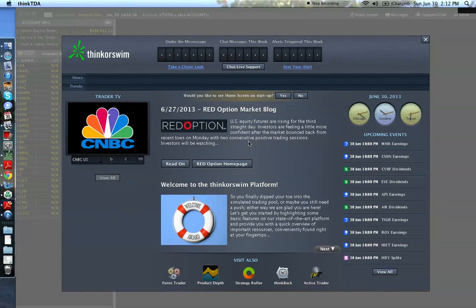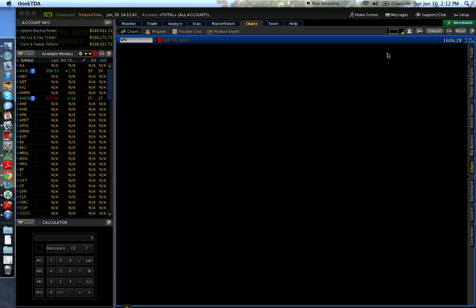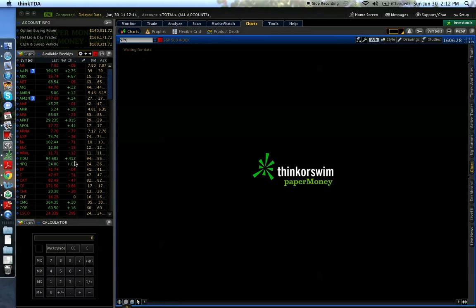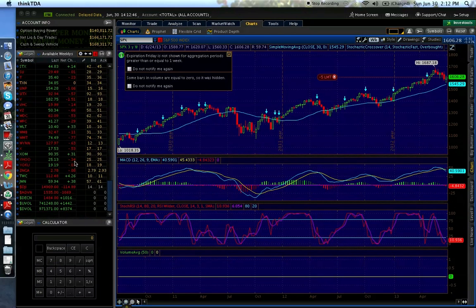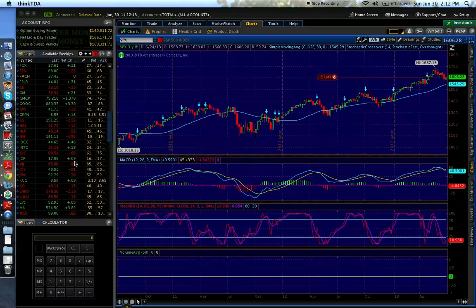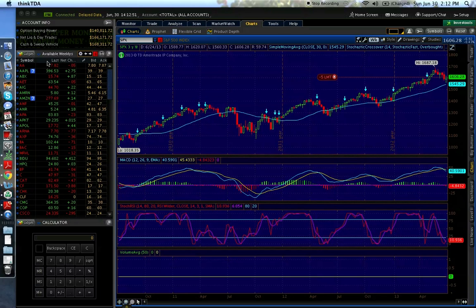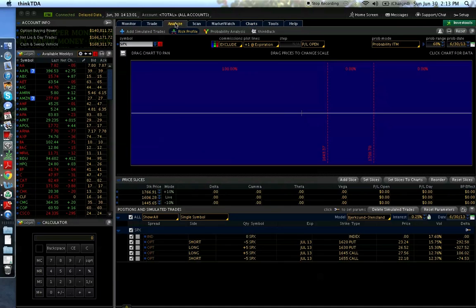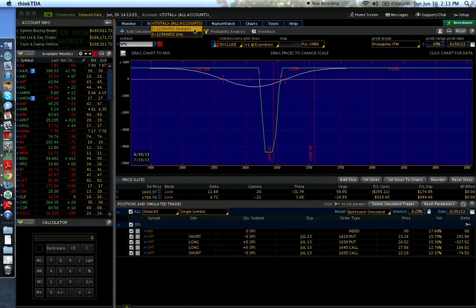So you have a little news page here. I usually just close it and get out of here. Then basically I just set up a bunch of stocks that I watch, because I used to look at doing weekly trades and stuff like that. So these are still up here, but basically this symbol right here is the S&P 500, and that's basically the chart. If I go over to analyze, if I go to margin,